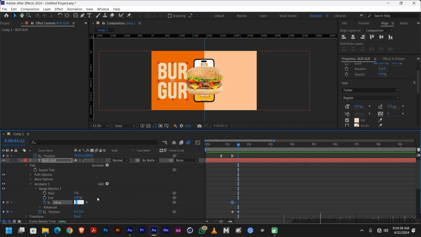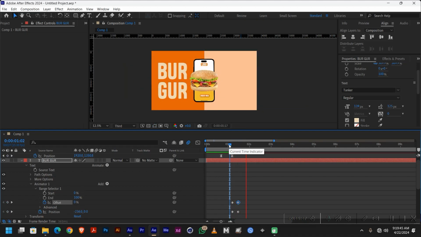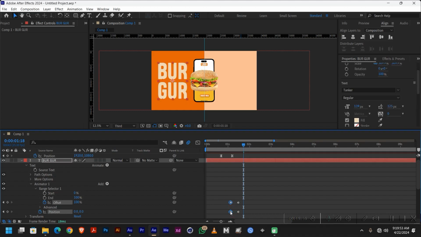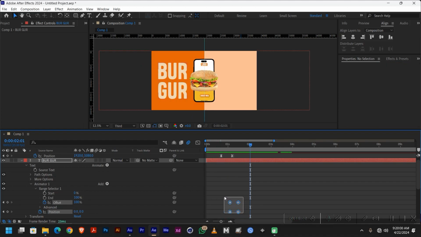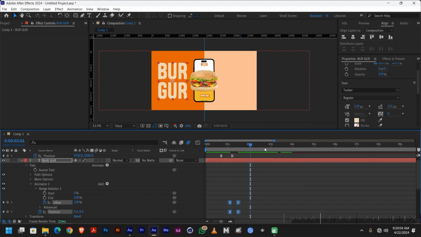I'm going to offset it with 100 here, and let's see how it works. Good. So let me position this back and play from the beginning so you get. Okay, so let me highlight all of them, keyframe assistant, and then easy ease. Okay,